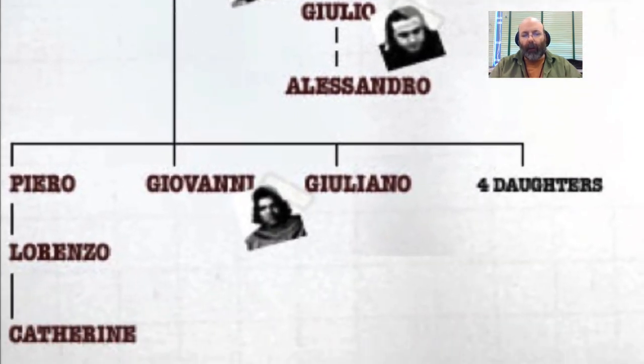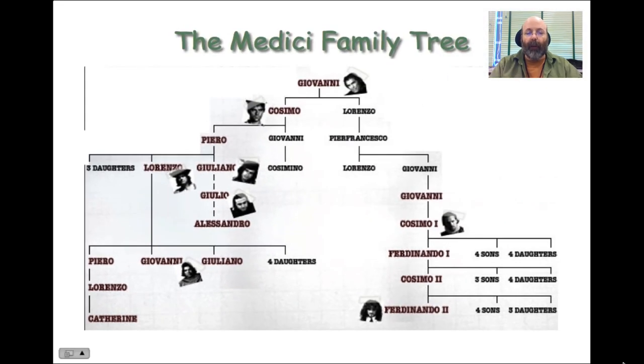And it goes all the way down to where you can see at the bottom here, there's Giovanni and Giuliano down here. And these guys will actually go on to become leaders of the Catholic Church. And in fact, one of them will become the Pope. And actually, he'll be the Pope that's most associated with the Reformation when the Reformation comes, and that's going to be Pope Leo X.